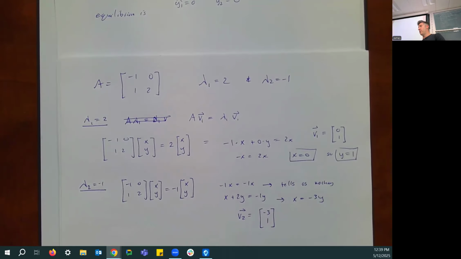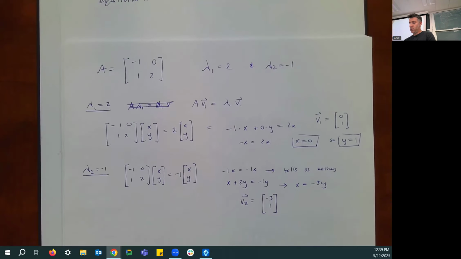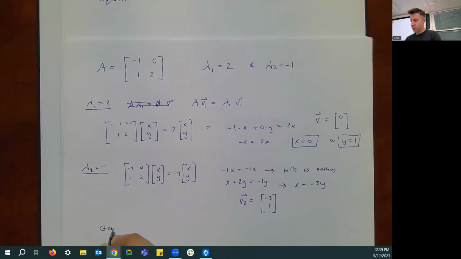But any multiple of that would also be fine. As is always the case with eigenvectors, any multiple is always fine. Okay, so now let's go back and find our solution. So our general solution here,